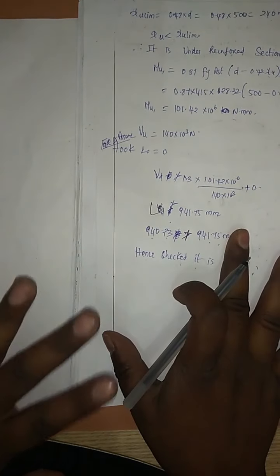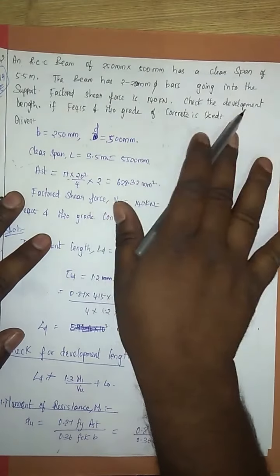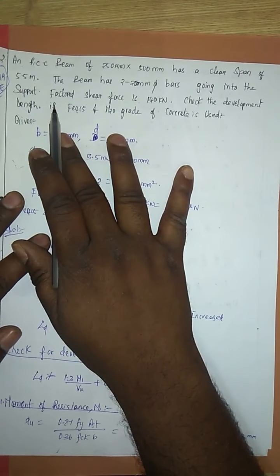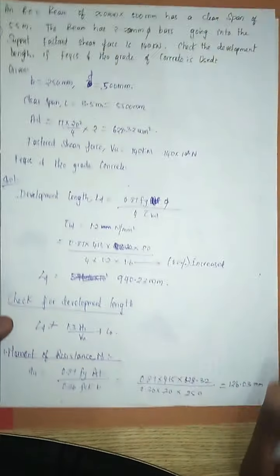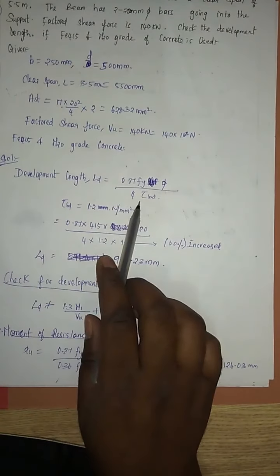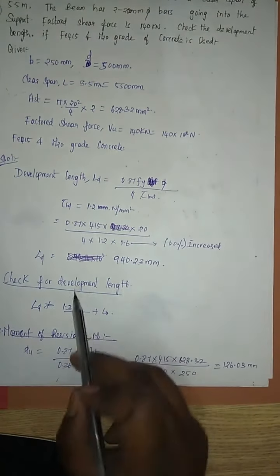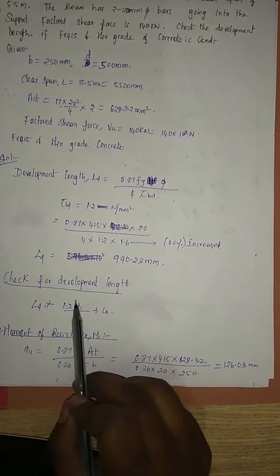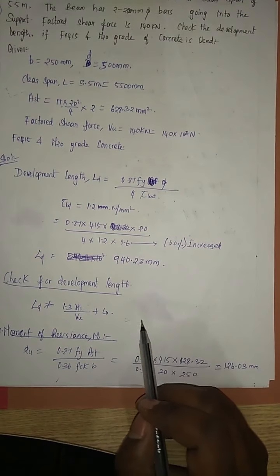Okay, this question was asked in your SPTE 2019 previous year paper. They will ask the same question to check the development length, but they will change the values. Only one thing you must do is mark up the formula. The formula is in IS 456 page number 43. This development check is also there in the code book. I will tell you the page number, otherwise you can find that page number.